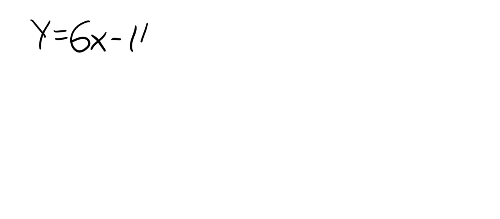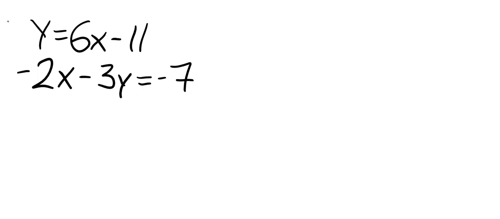Hello everyone, in this video we're going to be talking about how to solve a system of equations using the substitution method. The first example we're going to go over is y equals 6x minus 11 and negative 2x minus 3y equals